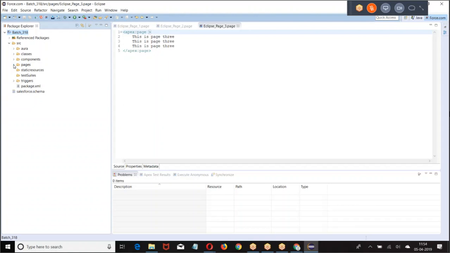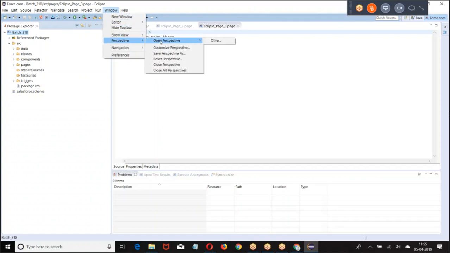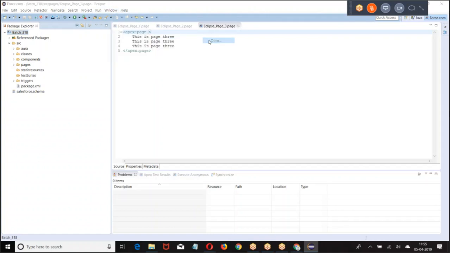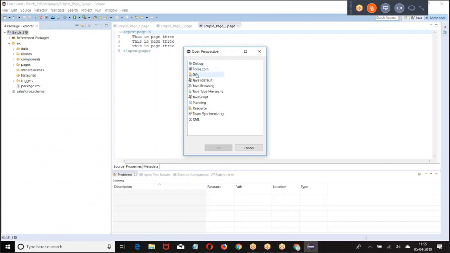Now, in Eclipse, we have built-in version controlling. What is that? Look at this. Window, perspective, open perspective. Then what was this? Git. So inbuilt Git is there. In Salesforce, we have inbuilt Git. What is this Git?